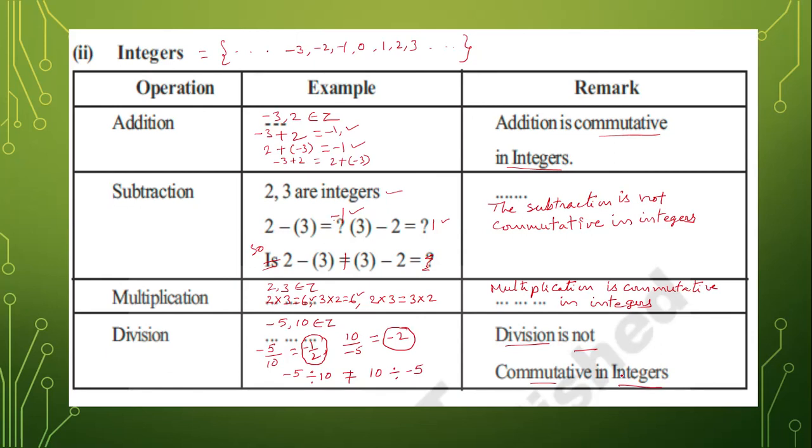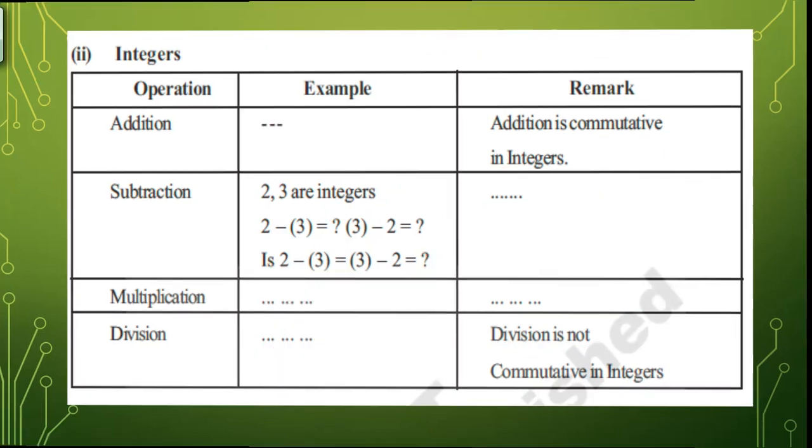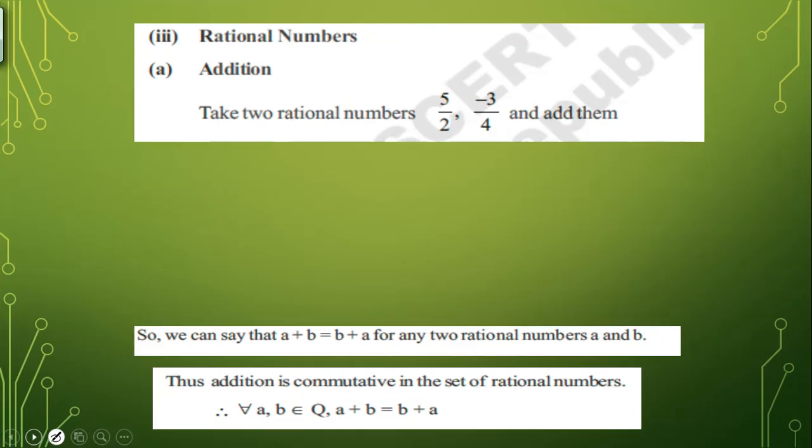Okay. These two sets of numbers, that means whole numbers and integers, the commutative property in whole numbers and integers was learned in 7th class. Now today in 9th class we move to find the status of commutative property in rational numbers. That is the new one to us. Rational numbers. Already you know it.